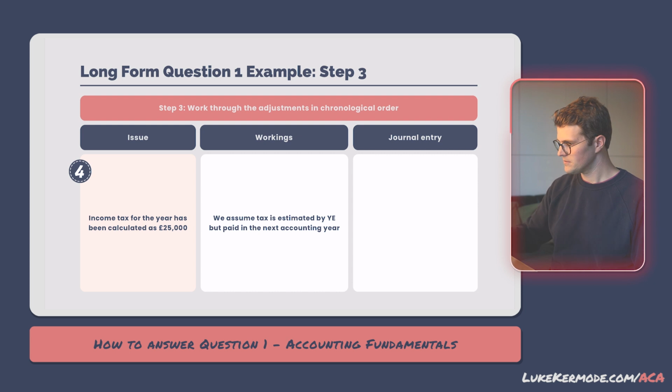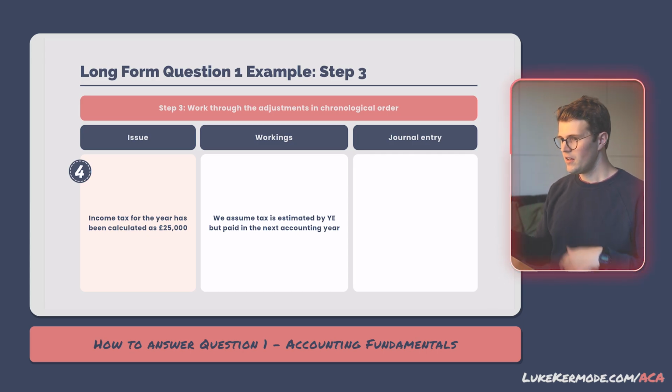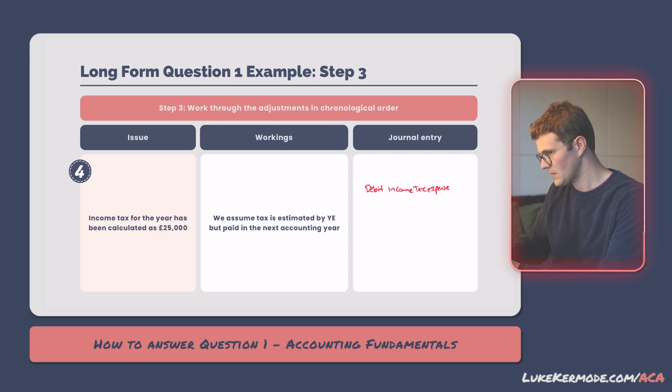Our fourth adjustment relates to income tax. We're told that the company has calculated its tax for the year as £25,000, but that amount hasn't yet been recorded. Because it relates to the current year, we need to post a debit to income tax expense of £25,000. This is going to go to the income statement, and we need to credit